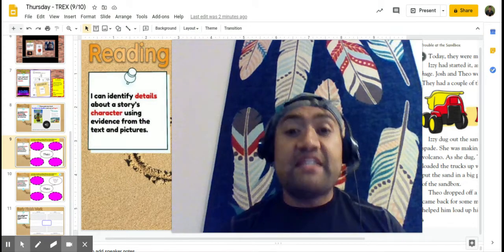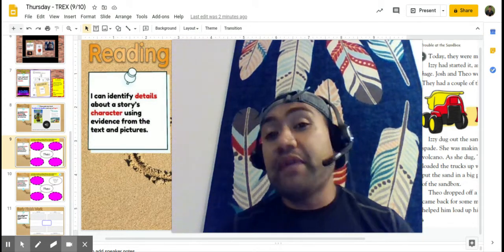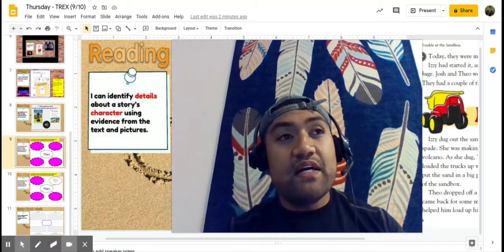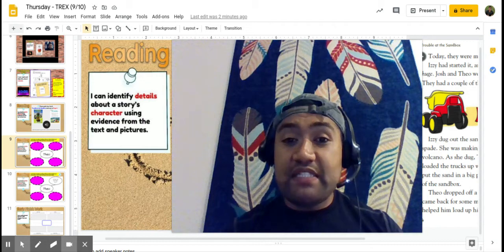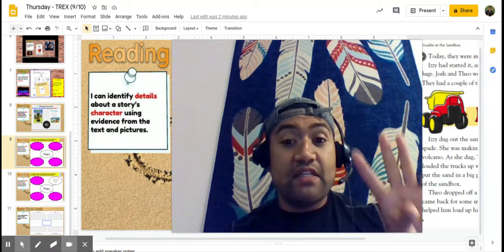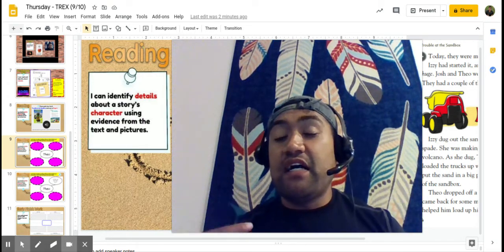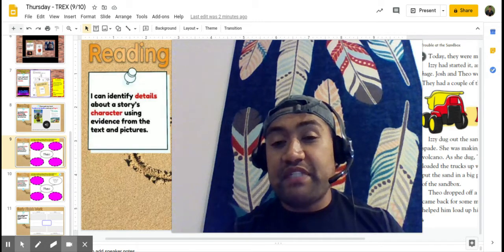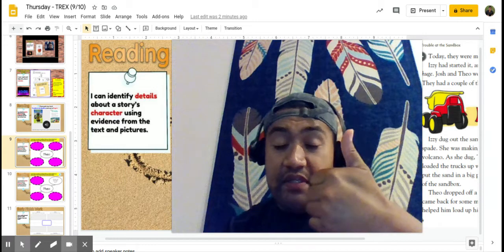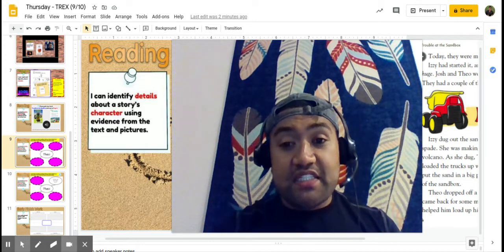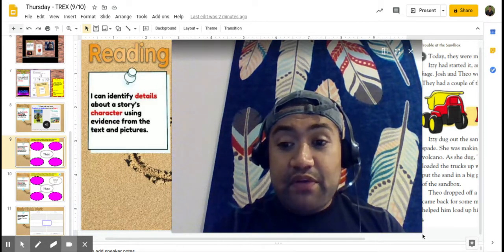So let's remember a character is a person or an animal that the story is about. So in Chobota Sandbox, we've met three characters. There's other characters at the end, but they're like a mystery right now. But our three main characters are going to be Theo, Izzy, and Josh. So today we're going to look at